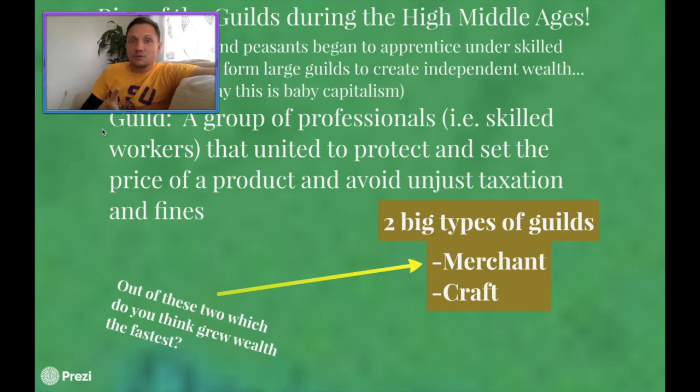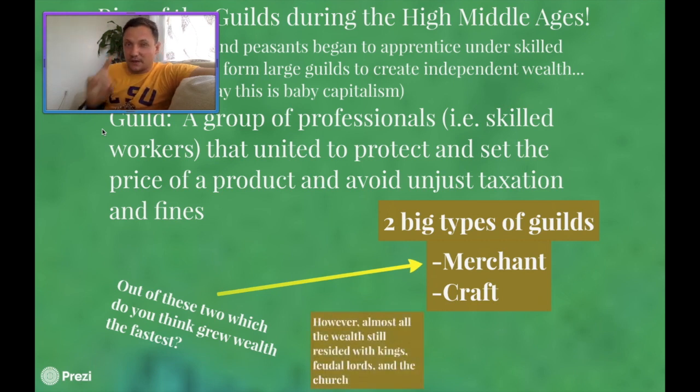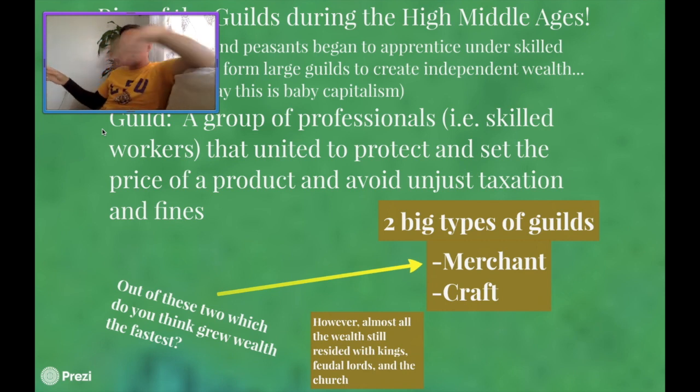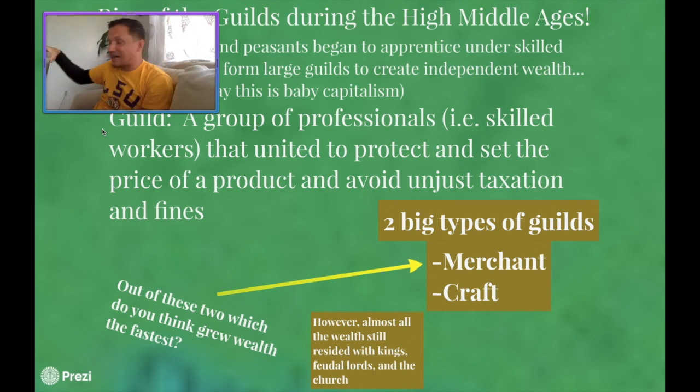Merchant guilds began to grow extremely fast, because you're forgetting something, okay? You're forgetting the fact that these goods are right next door. They just got to go get them, right? So now I know a lot of y'all are like, oh, wow. So these common people began to go out there and really rise up and take control of their own assets. Yes, okay, to a degree. However, almost all of the wealth in Europe during this time period still resided with kings and lords and nobles and